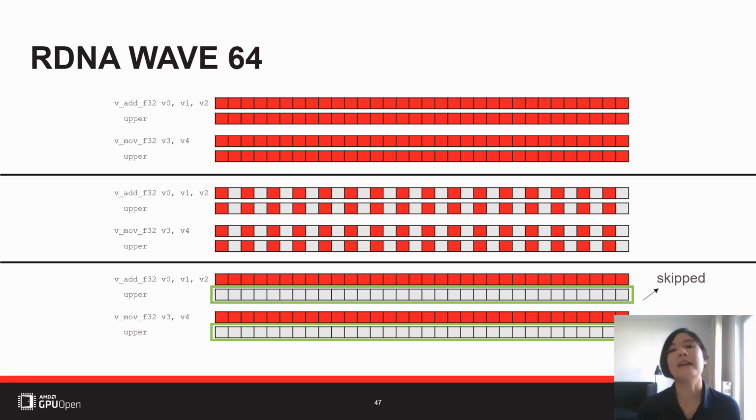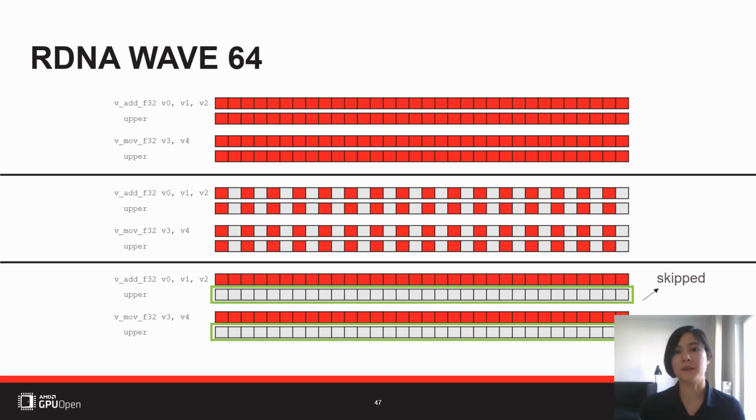Now let's look at what happens if the wavefront size is actually 64. So for the first example, again, all threads are active, so we have to issue them all. Then we have the middle example, half of the threads are active, but just every second thread is inactive. And now since we are wavefront 64, we have first the lower part gets issued for the instruction, and then the upper part gets issued for the same instruction. So first the addition gets issued twice, and then we have the move instruction. So for the middle example, still we have to issue all threads because they are distributed in a way that we can't really skip anything here.